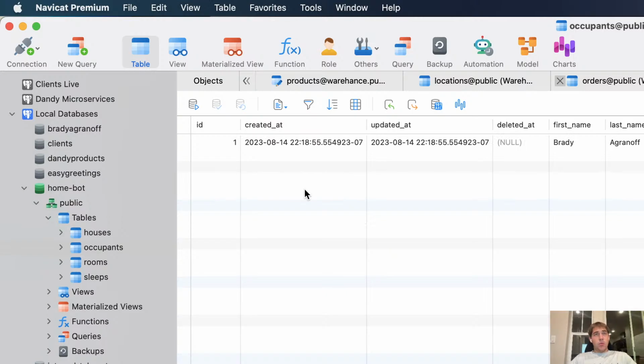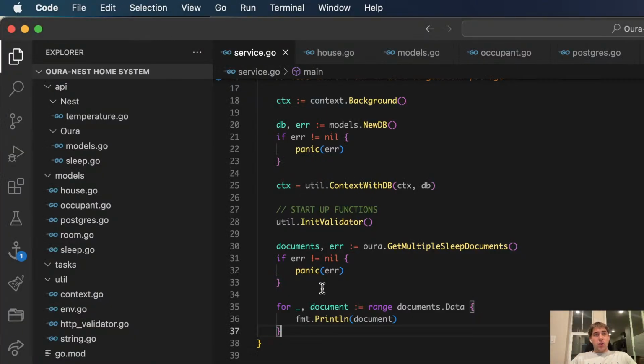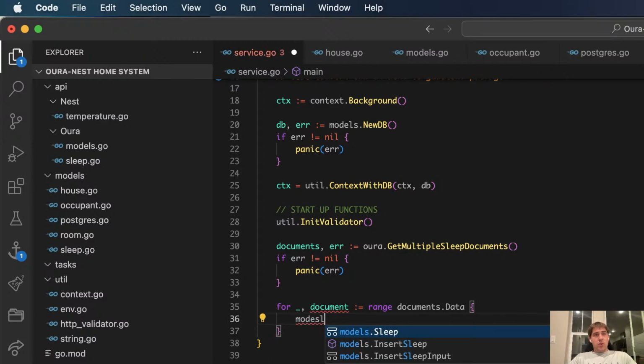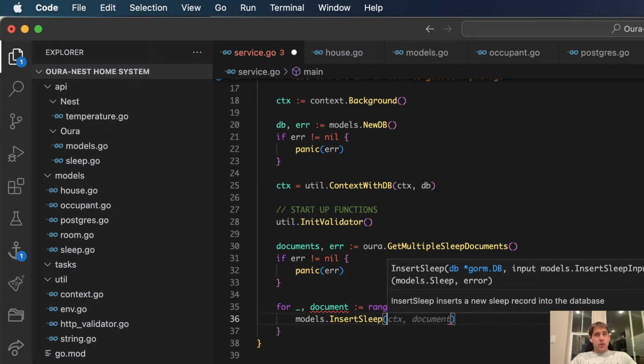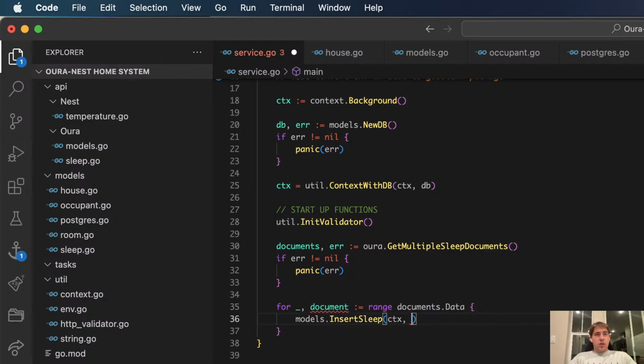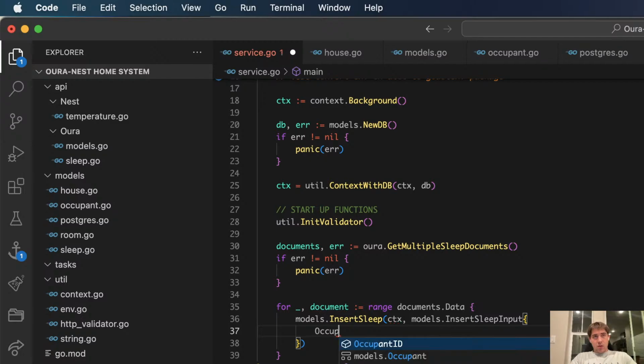And my occupant ID is 1. So models insert sleep, context models dot insert sleep input. I'm gonna say occupant ID 1. That's fine.